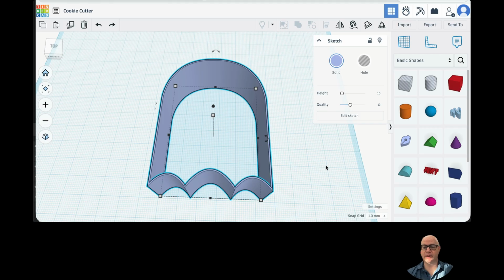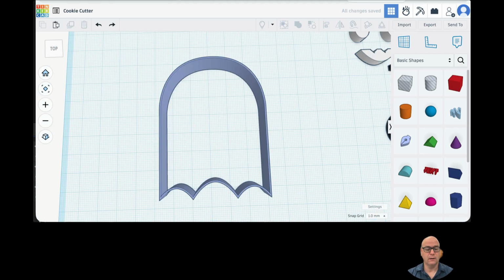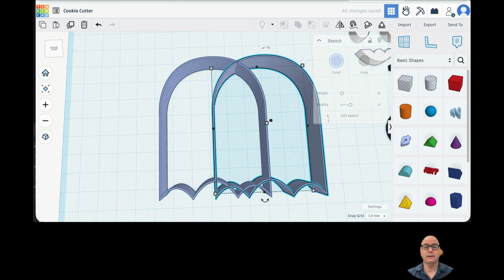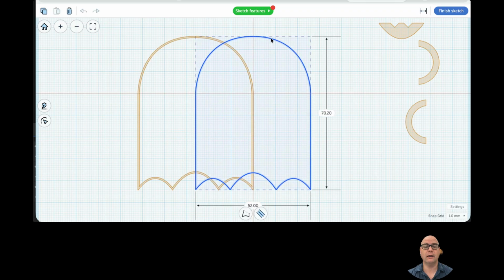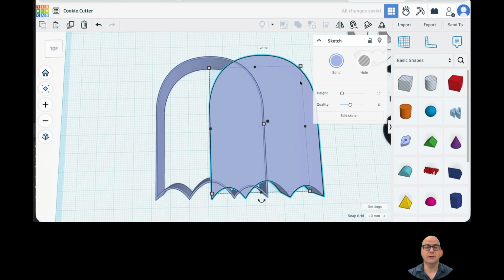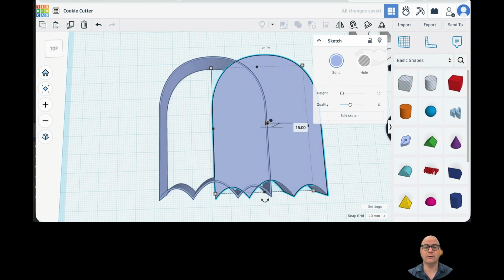Now to make this into a cookie cutter, you'll see down here on the right, we are on the metric system. So that means right now this is 2.6 centimeters or 26 millimeters high. We actually only need this to be about 15. So I'm going to drop that down. So now to fill it out, it's really simple. Click on it, copy paste, and now edit sketch on the one you pasted, and click on the edge, and down here where you change the stroke settings, just turn them off. Hit finish sketch, and now we have a big old block that we just need to make